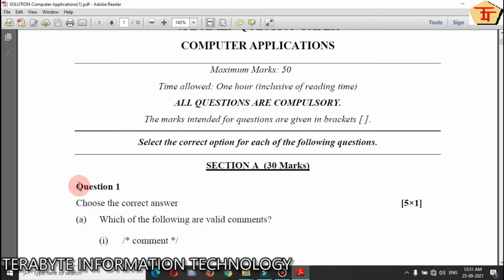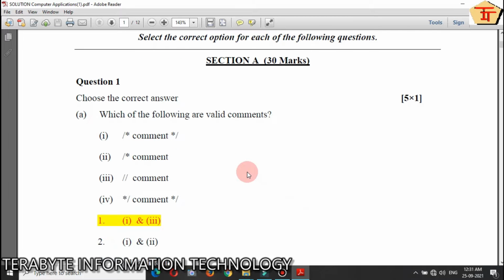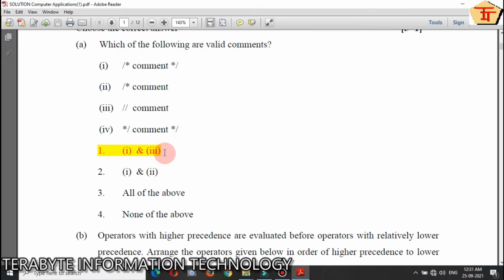Question number 1 has 5 questions, each of 1 mark. The first question asks which of the following are valid statements. Number 1 is correct, number 2 is incorrect, number 3 is correct, and number 4 is incorrect. So option 1 is the correct one.